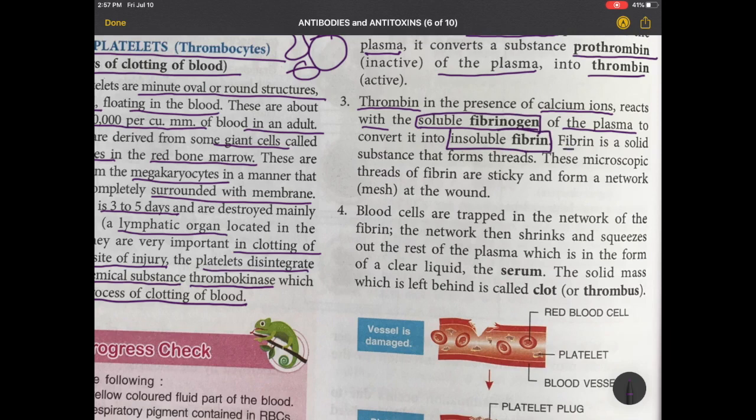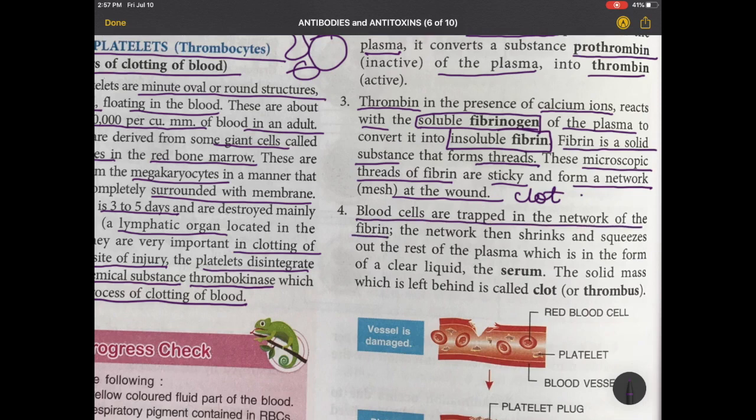So fibrin is a solid substance which forms long thread-like structures. So these microscopic threads of fibrin are sticky. They stick with each other, and they form a network or mesh at the wound. That is your clot. Now blood cells are trapped in the network of the fibrin. So it is a network, okay. So red blood cells, white blood cells will not be allowed to flow out. The network then shrinks. It becomes hard, if you have noticed, and squeezes out the rest of the plasma,